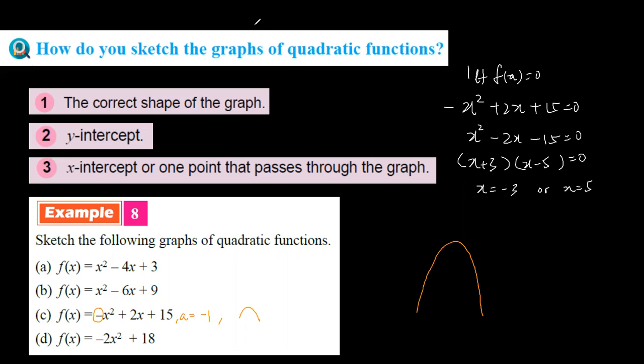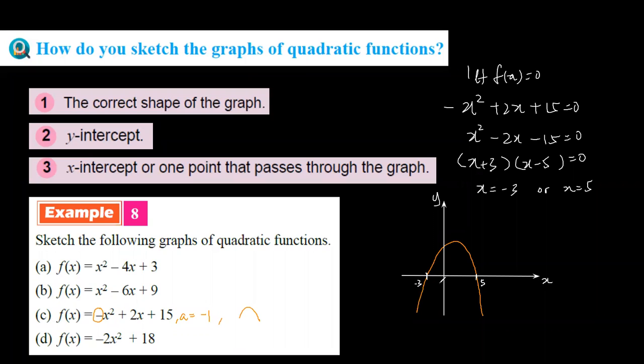Now we can place our x-axis, right? Okay, x-intercepts, negative 3 and 5. So this is on the x-axis. Next, we need to draw the y-intercept. So the y-axis is lying in between negative 3 and 5. And it is closer to negative 3, because